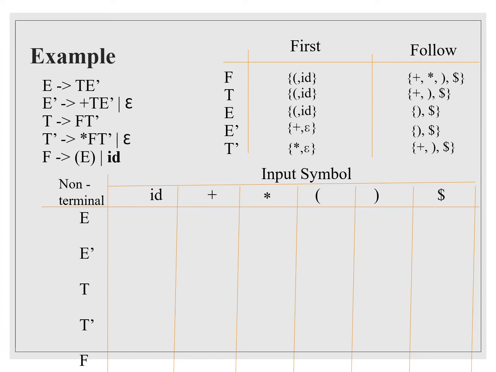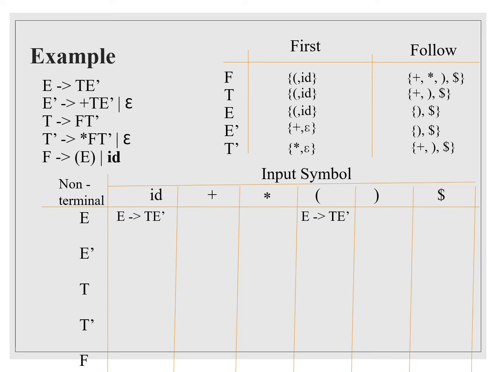So we have to check the right hand side of the production. What is the right hand side of the production? It is TE dash. Which is the first symbol? T. What we have to do? We have to find out the first of T. What is first of T? Open bracket, ID. Okay, so don't add E derives TE dash in all the entries, but only in the first of T. Therefore, I'll add E derives TE dash in both entries. Fine. Whether the rule step 2 is applicable here? No, because the first of T doesn't include epsilon.